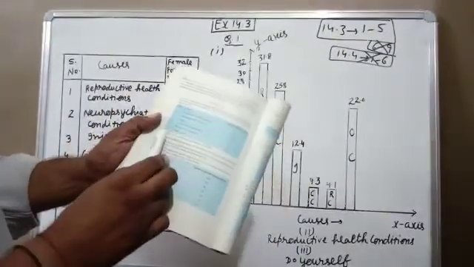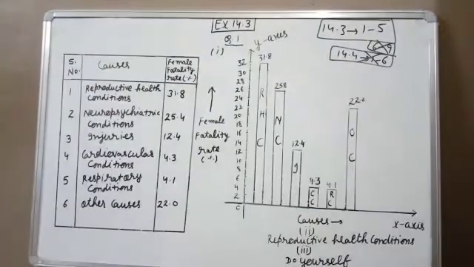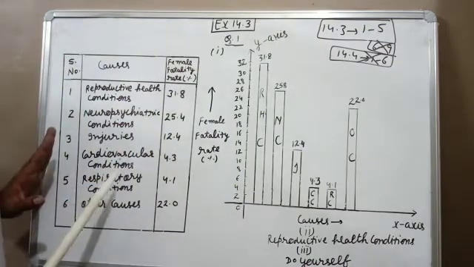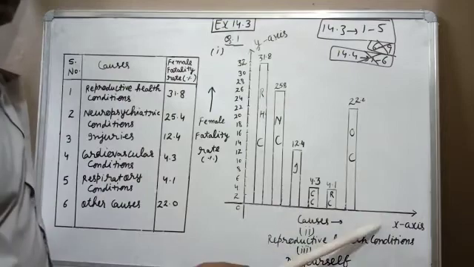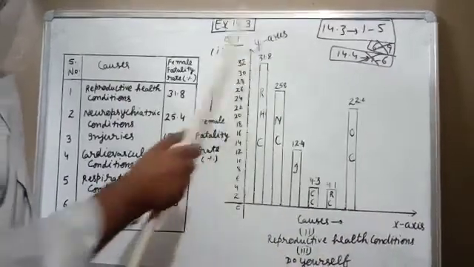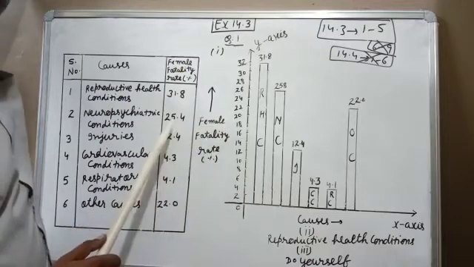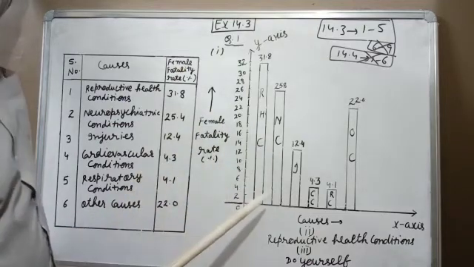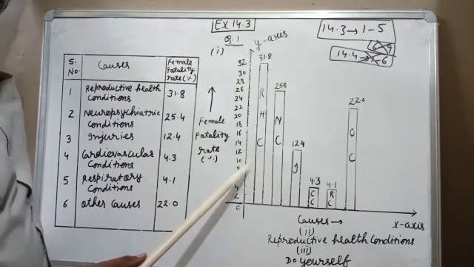So here we have to draw the table. The first part says, represent the information given above graphically. Generally we draw a bar graph for this type of question. So this table is given. When we draw it, first we draw a horizontal line as the x-axis, then a vertical line as the y-axis. In this question we will take a gap of 2. Then this question will be very easy to draw on the graph paper. Every question of this exercise we have to solve on graph paper.